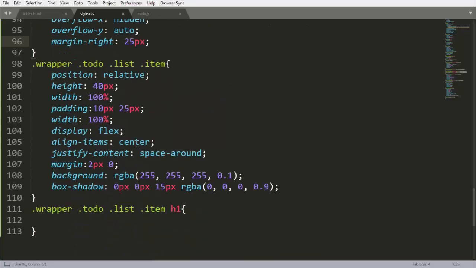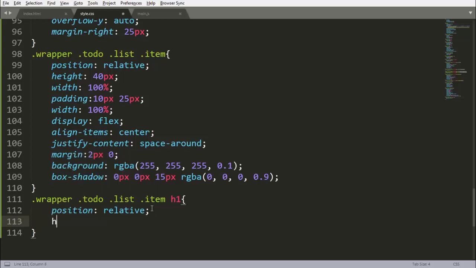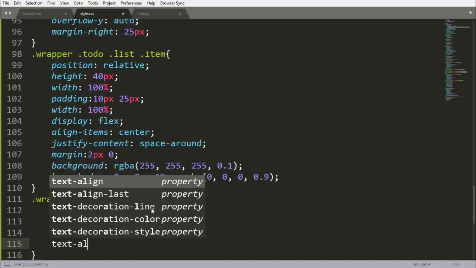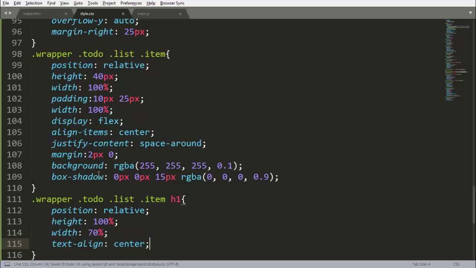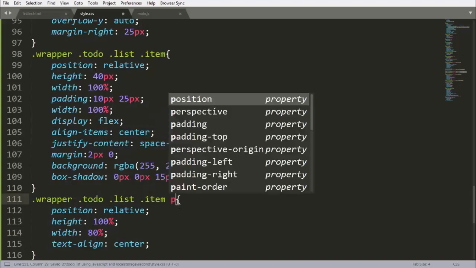So let's adjust our h1 tag, and position will be relative here, and height will be 100% here, and width will be 80%. Width will be 70% here, and text align will be center here. Reload it. Sorry, it is the paragraph tag.